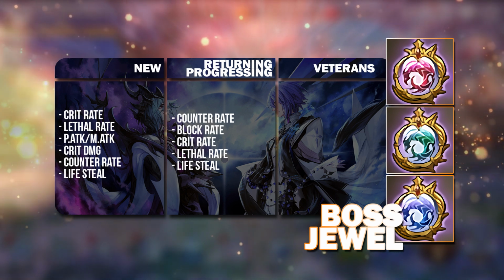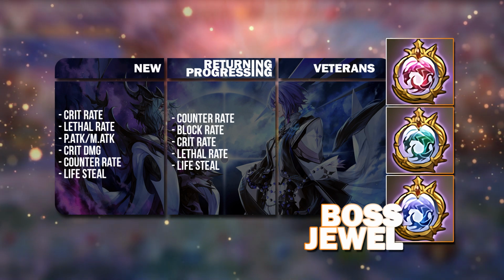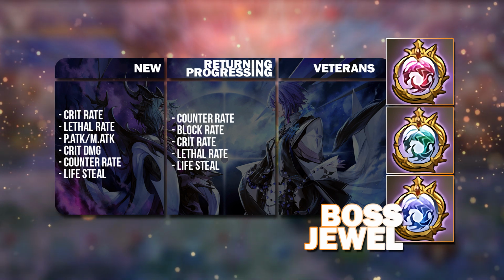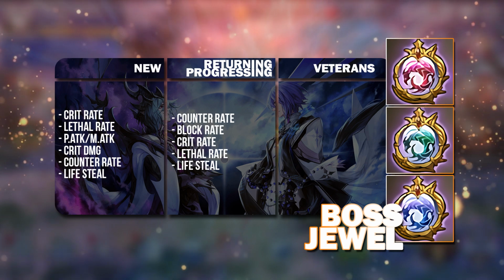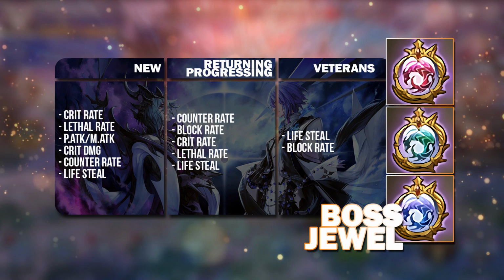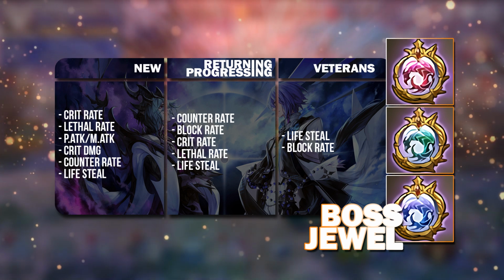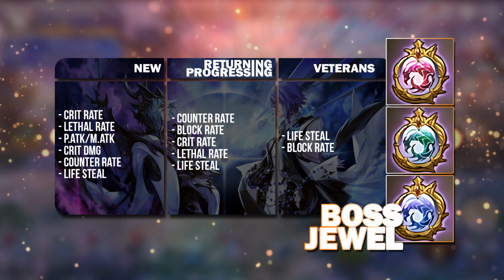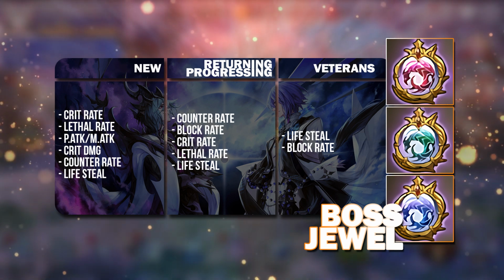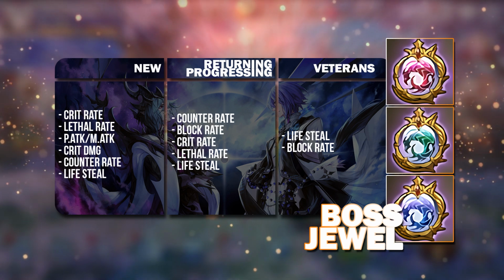Okay, and again, lifesteal is something that you can start to stock up on at this point, because you're gonna attempt Brawl more commonly, so it's good to have more lifesteal. And for veterans, I think lifesteal and block are the best jewels to pick from, because lifesteal is going to be very useful in Brawl, whereby you will sustain your heroes so that they can do more damage over time. And block rate overall is still very useful even in PvP,